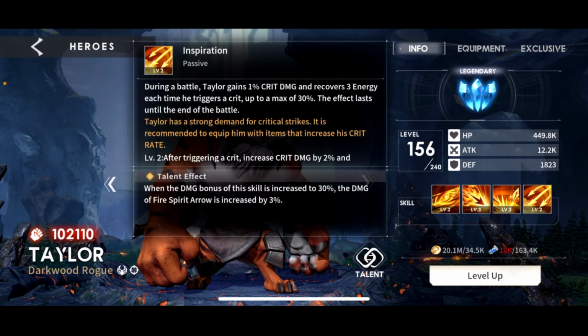And now this is very important. This inspiration, it's a passive. So during battle, Taylor gains 1% crit damage and recovers 3 energy each time he triggers a crit, up to a maximum of 30. Meaning, he's going to ramp up to an extra 30% crit damage really, really quickly as the battle goes on. This effect lasts until the end of battle, so he's going to scale his damage. So just think his ultimate gives him basically 30% crit, and then through the battle, he's going to gain 30% crit damage,